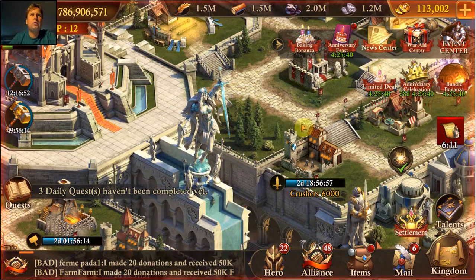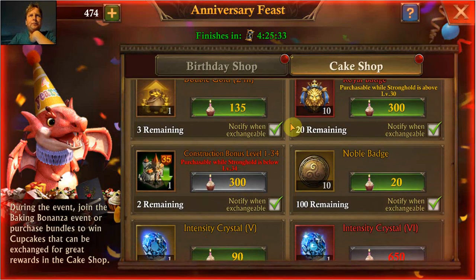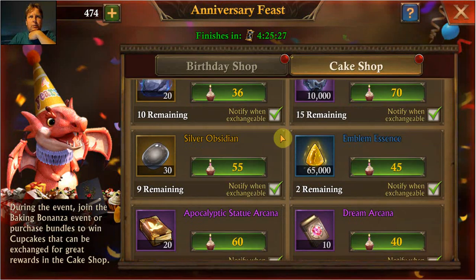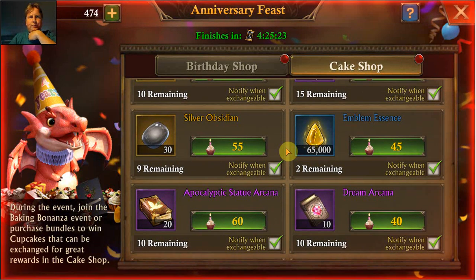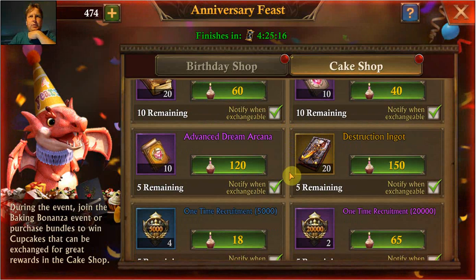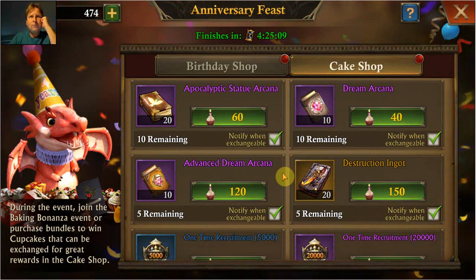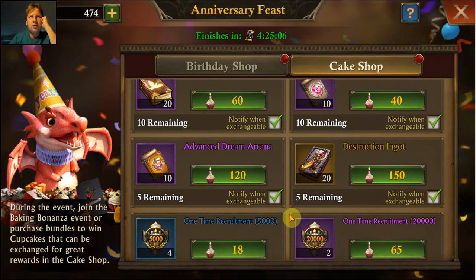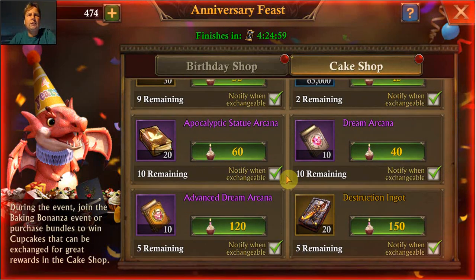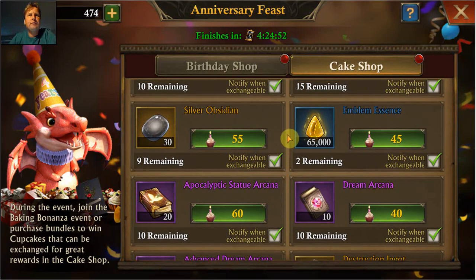The choices are always difficult with this event, but it's a luxury choice to some extent. Sunheart we don't need. Yeah, so what is the alternative? Could be more silver obsidian. Yeah, I'm a bit inclined, it's going to take me a while, but to skip on the Dream Arcana and buy some Destruction Ingot instead, because that is going to take a longer time to get. I mean, currently I'm saving up for my third destruction piece, although